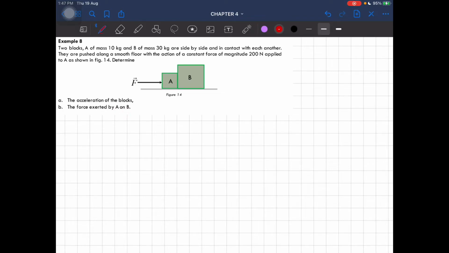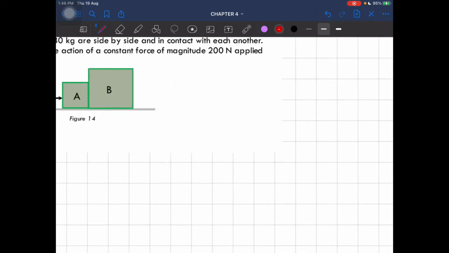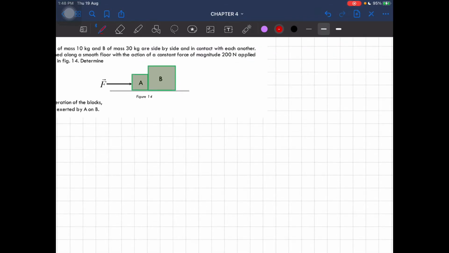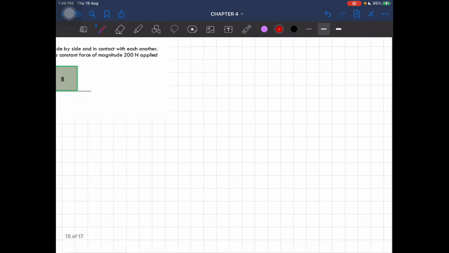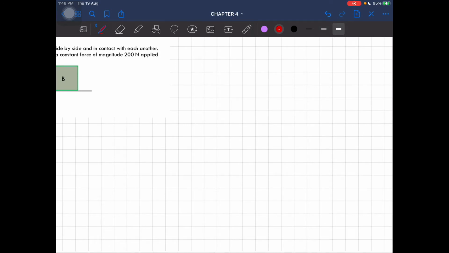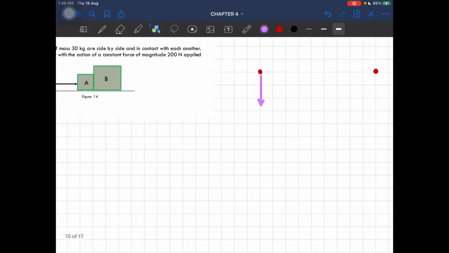Okay, so now firstly we have to draw the free body diagram. For the free body diagram, we actually did it in subtopic 4.1, but let me just repeat again. First, we have to draw a separate free body diagram for each object, for each block. So we have the first block, A is here. I mean the weight is there, and then there's the presence of an external force, and